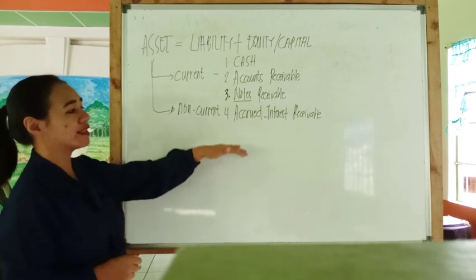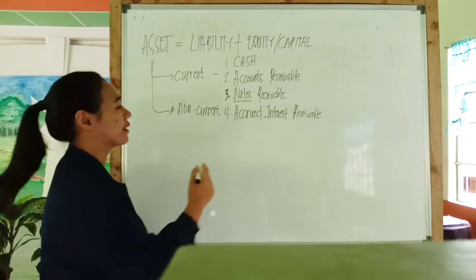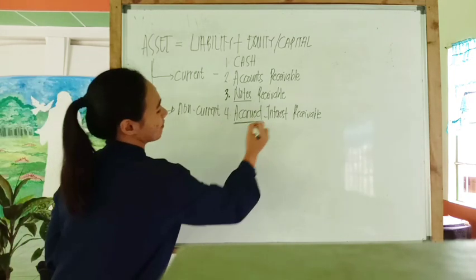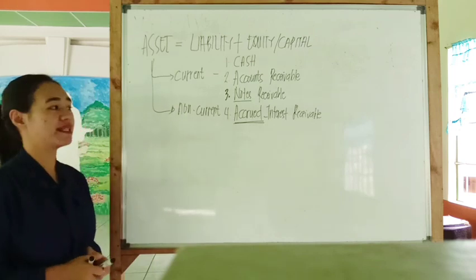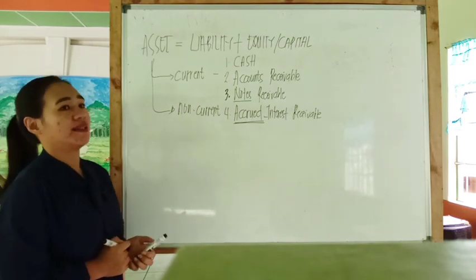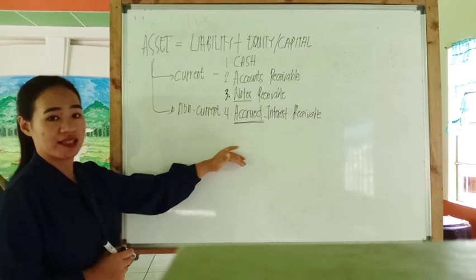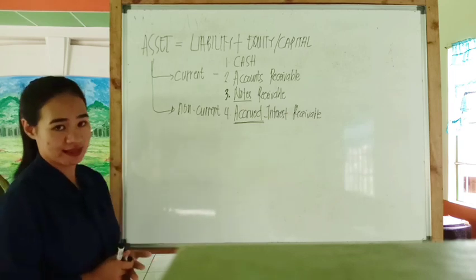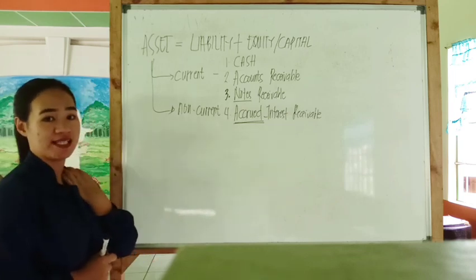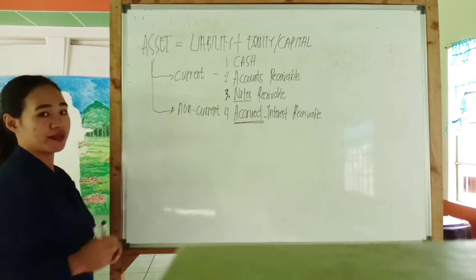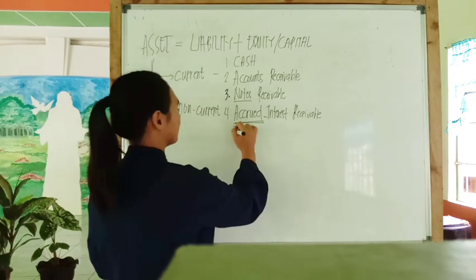So for accrued interest receivable, if there is a word accrued, ibig sabihin, na-render mo na siya, you have already rendered it, pero hindi pa siya nabibigay sa'yo. So, later on, you will be encountering